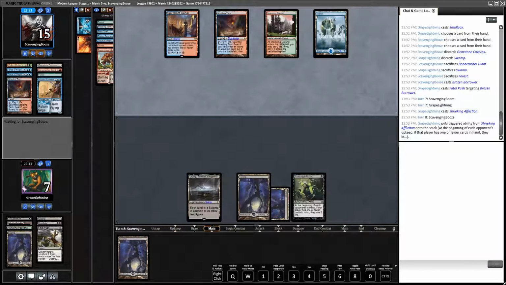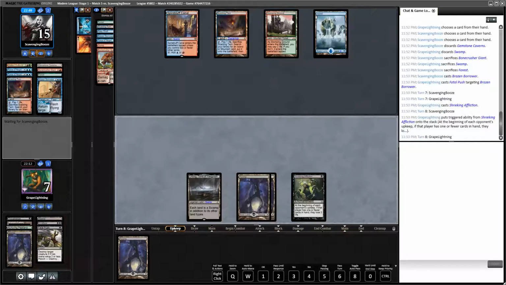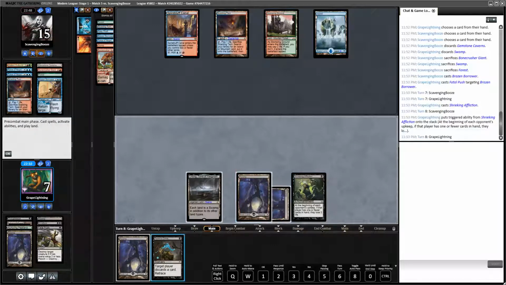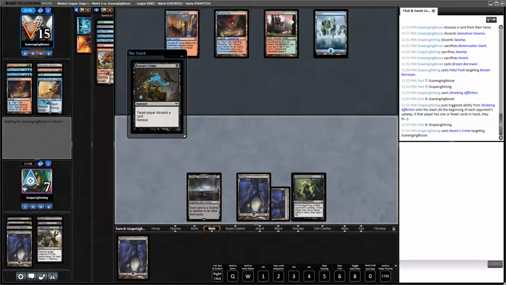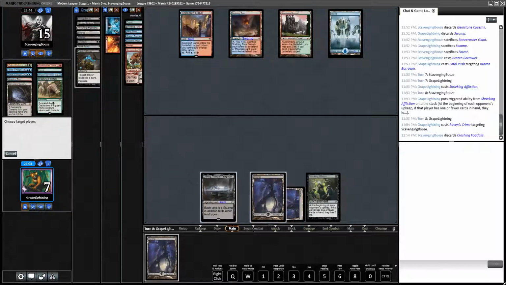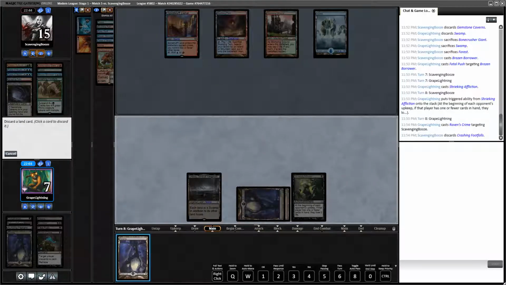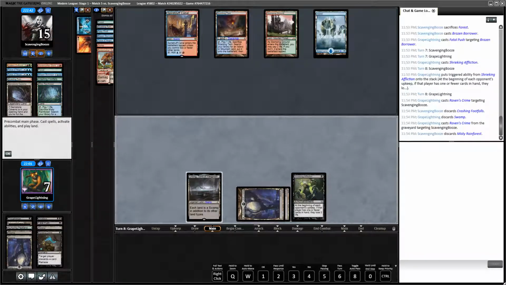Okay, so they didn't. Are they holding lands, maybe? Because the Smallpox kind of tells them what we're doing. Okay, Raven's Crime's good. I'm going to go ahead and crime them now. I don't know why they wouldn't just go ahead and suspend that Crashing Footfalls, but